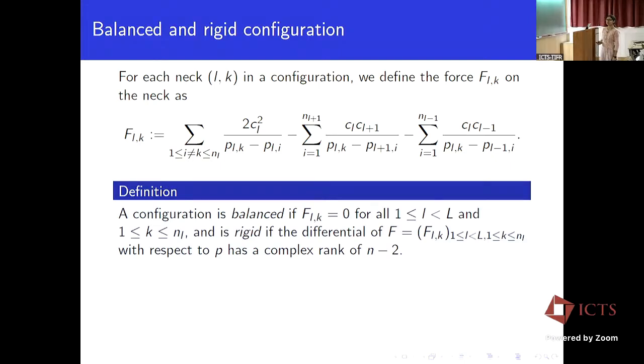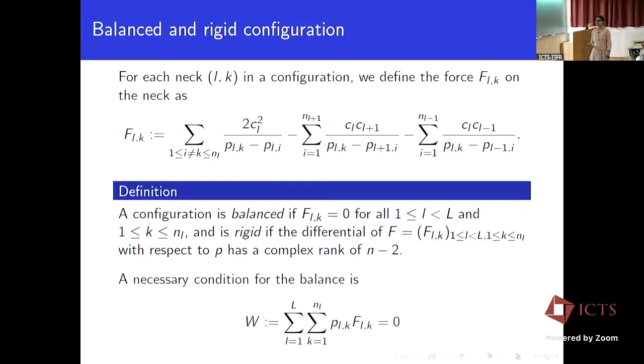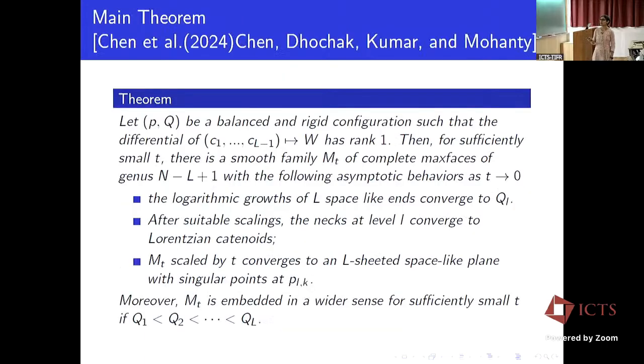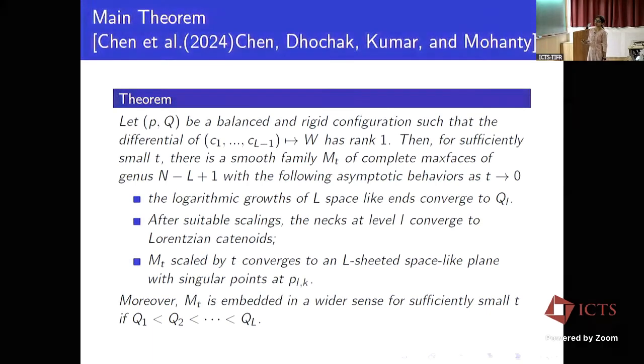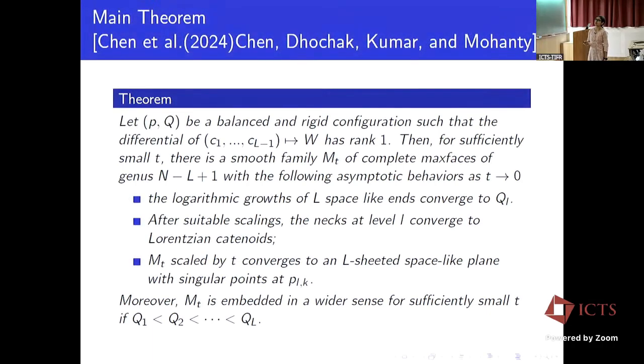A configuration is called balanced if F is 0 for all L and for all K, and we call it rigid if the differential of F with respect to P has complex full rank. Similarly, we define W as this, which is 0, which is necessary for it to be balanced. So this is the main theorem. It says that if we have a balanced and rigid configuration such that the differential of W has rank 1,